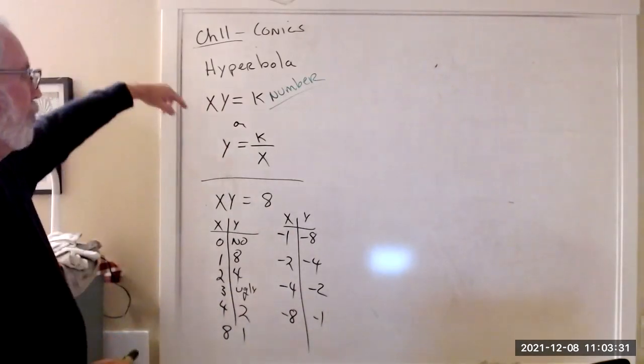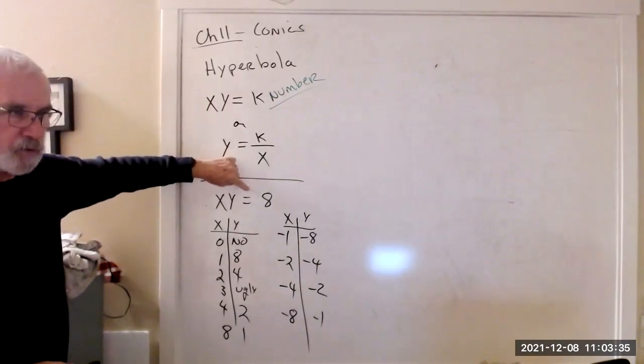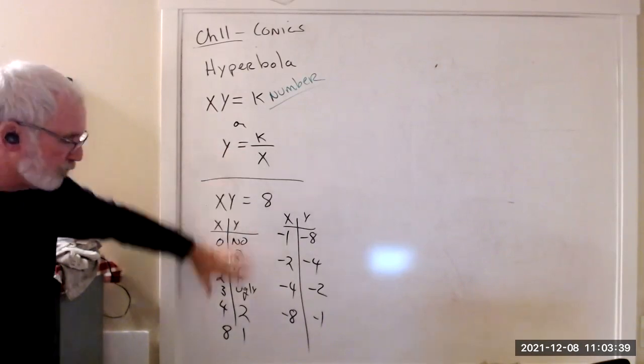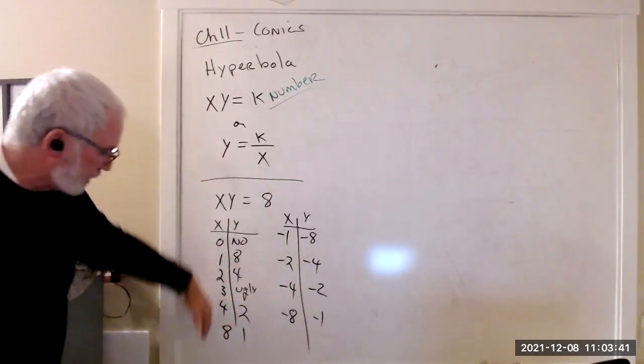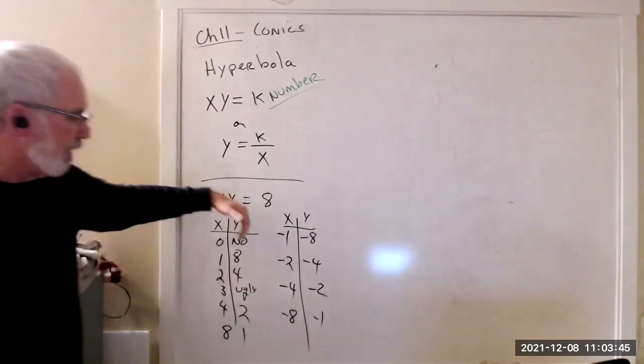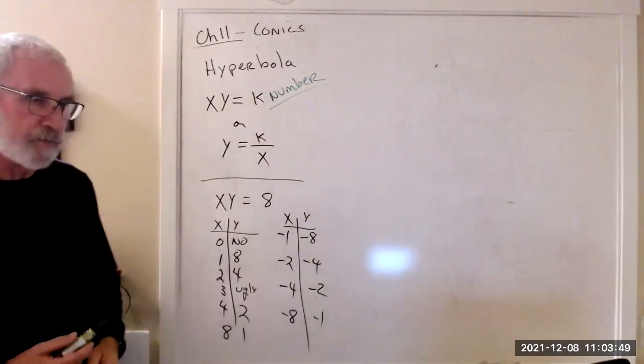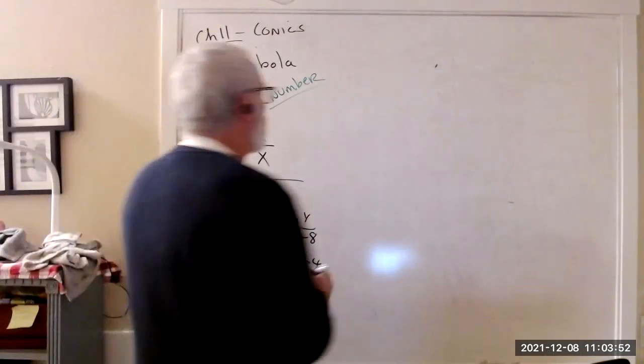Okay, so when you're trying to graph this type of hyperbola, you make two tables. One where x is positive, and you figure out what y is. Another one where x is negative, and you figure out what y is. Now, if you plot these points,